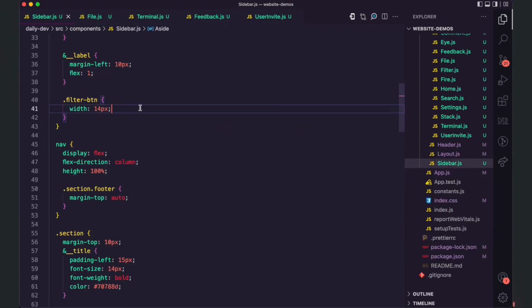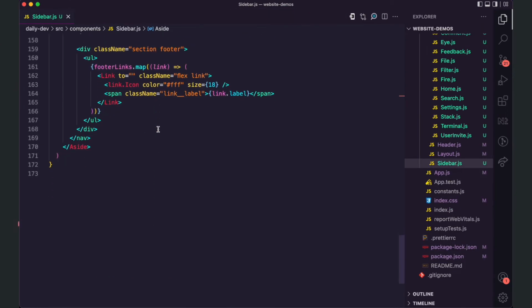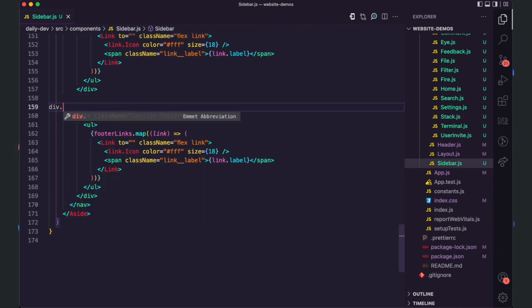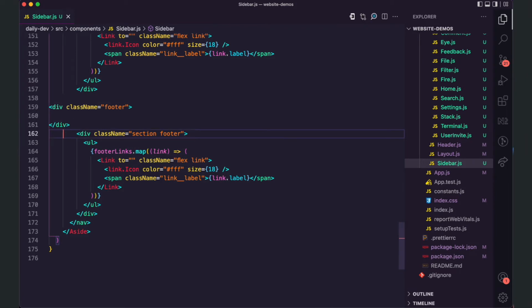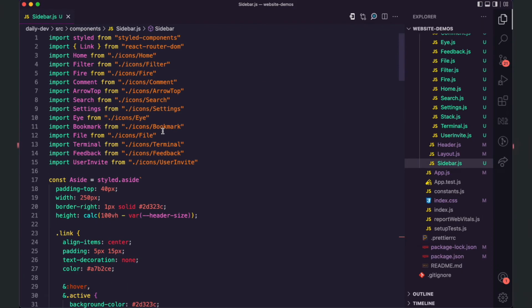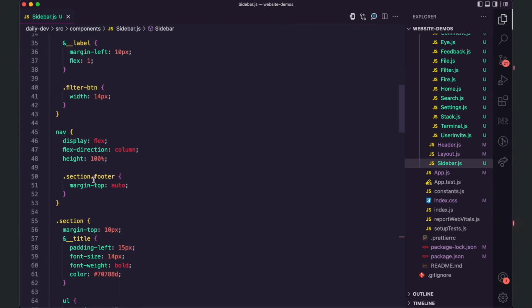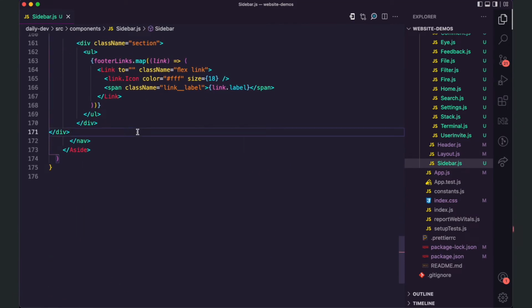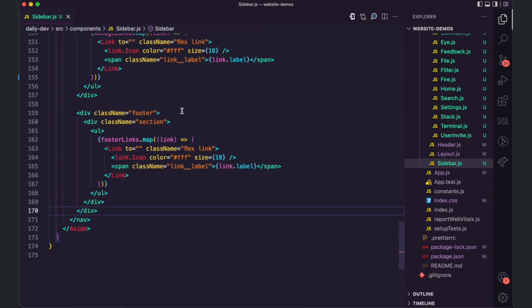So for the bottom of the sidebar, I think I'm going to create this as a footer. Then I'll have all of this div here, and I'll remove the footer from here, and I also have to update my styles, so I just want it to be footer. So here in the footer, this is where I'm going to have the,